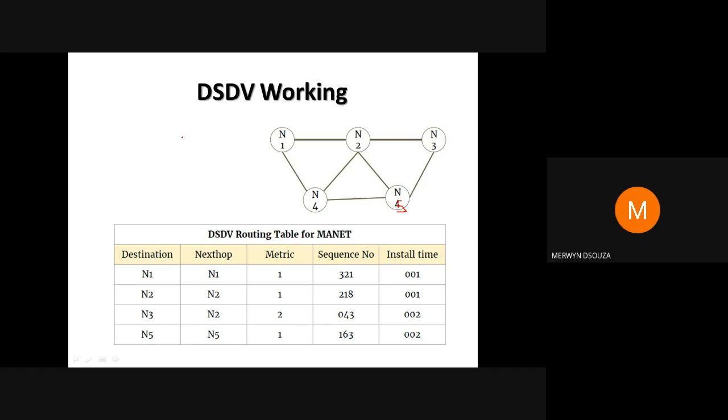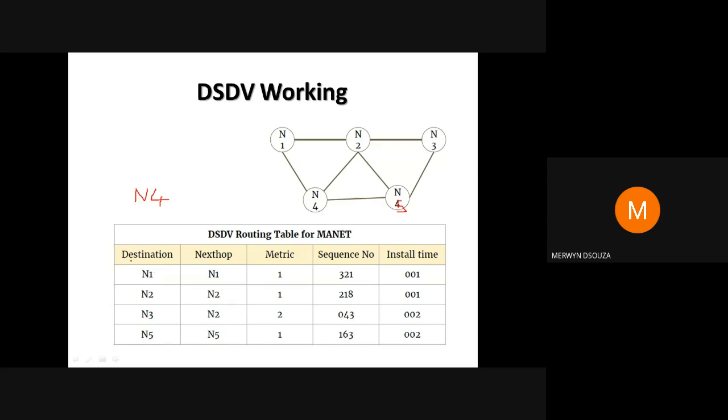You can see in the table, this is the table we are calculating for the nodes. We are assuming that the source node is N4. Let's assume that we are sending the packets from N4 to all the other nodes in the network. Since there are a total of 5 nodes, the remaining 4 nodes are shown as the destination nodes. N4 is the source node, so N4 cannot be shown here, but all the other nodes will be shown. There are entries for N1, N2, N3 and N5.